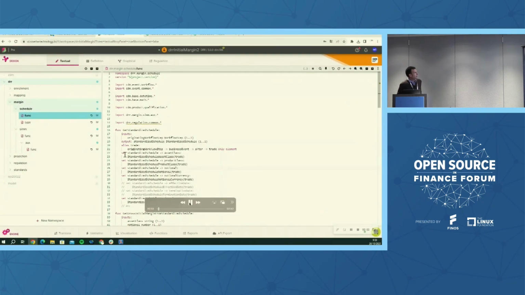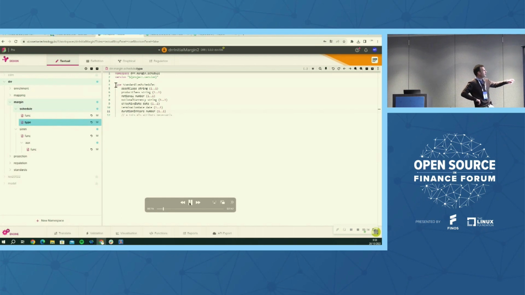We have defined a function called getStandardizedSchedule, which implements the function that I just described. We don't go into all the detail, but it reuses the qualifying functions to get the input values that we need for this type. That includes the asset class, product class